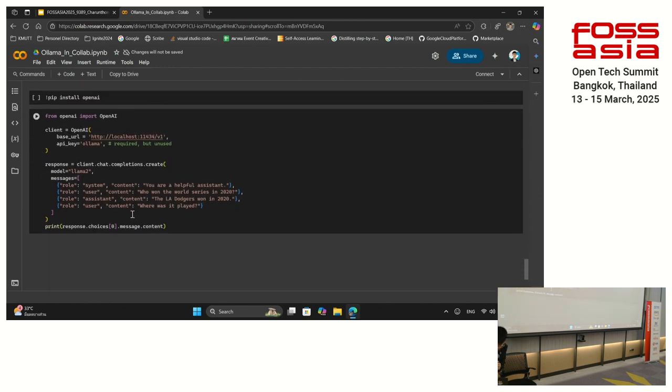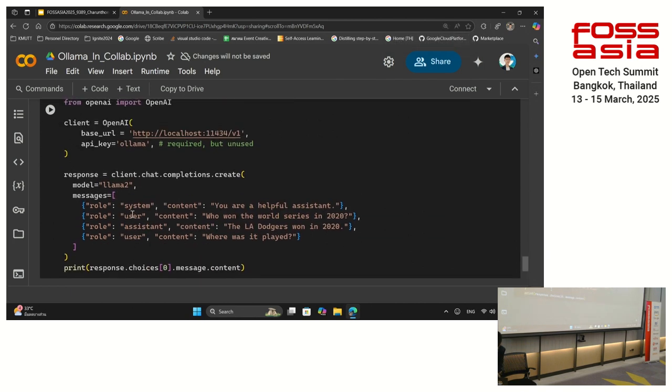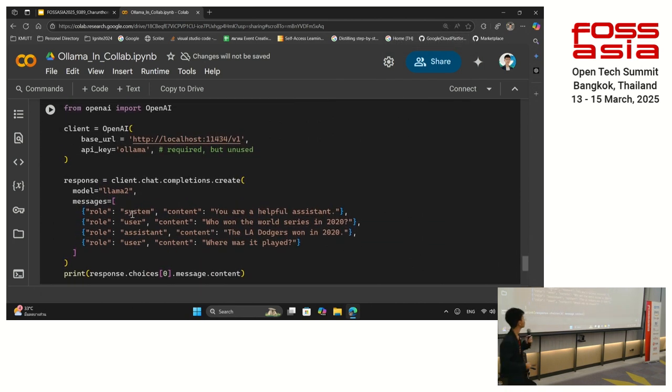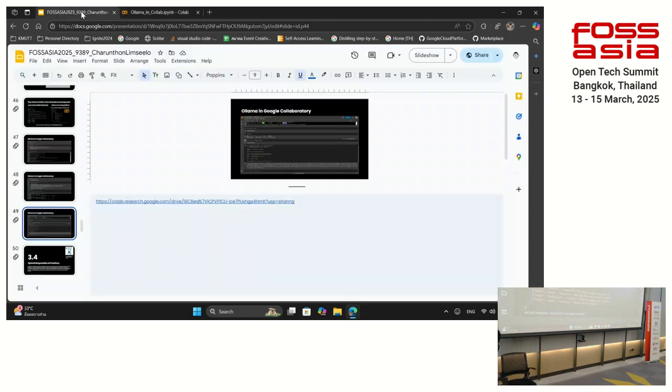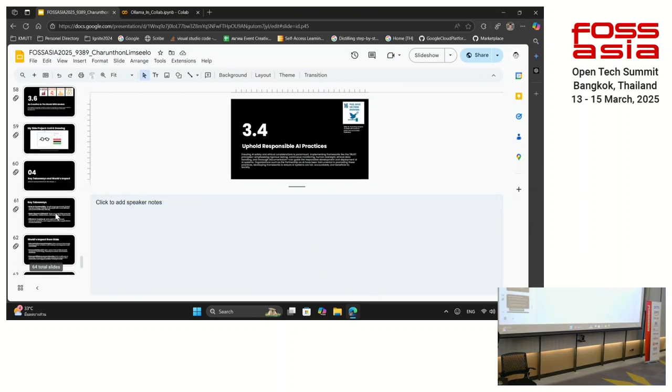Oh, by the way, for Ollama, something is very interesting about the base URL. For the base URL, you can see the localhost 11434 is interpreted from letters, which spell LLAMA, which is llama, as a model name. Yeah, this is quite a trivia. Also, I will come back to my key takeaways.